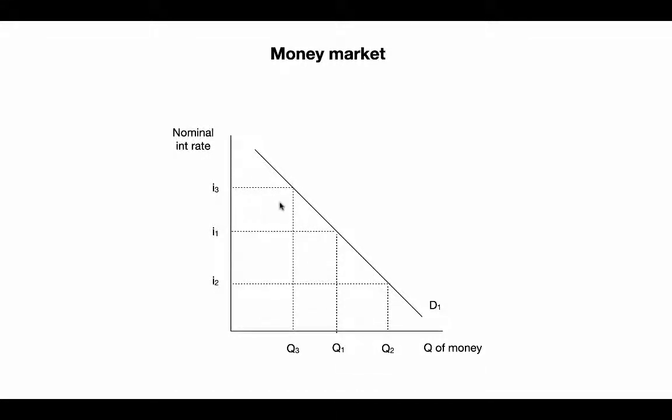Because there's lots of assets you can hold, but we don't really want to compare holding money to owning a house or something. So we're talking about money substitutes that are able to earn some interest rate. So if that interest rate is higher, other things being equal, I don't want to hold as much money because I could be holding some asset that's earning that interest rate. So there's a higher opportunity cost of holding money, and my quantity demanded for money is going to be lower,